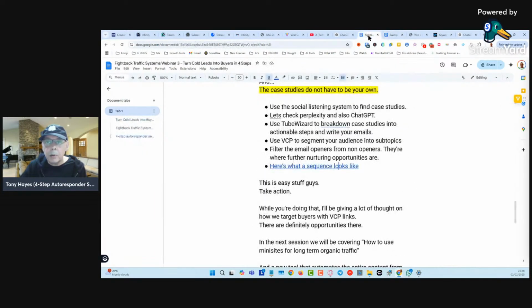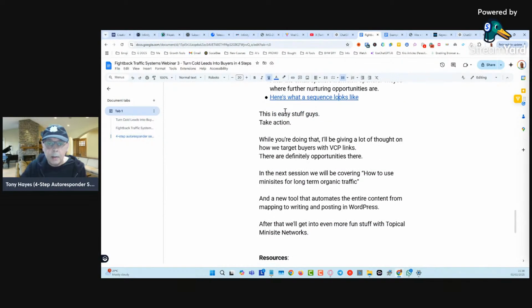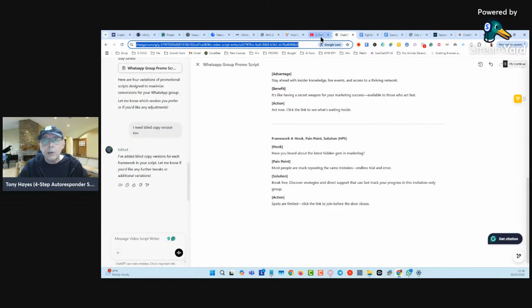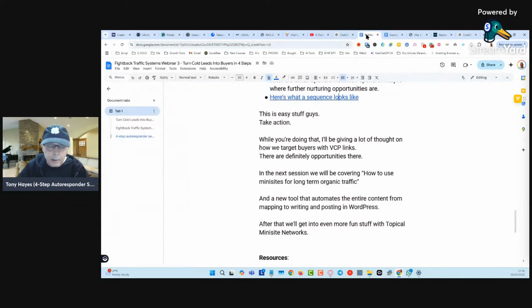Okay, all that was done with the custom GPT that I built for you. This is really, really easy stuff, as long as you take the action to do it. Once you've got it set up, it's there forever. And the cool thing with those custom GPTs is that when you build them, you can tell the custom instruction generator to add in a call to action, so that every time the custom GPT answers a prompt, every time there's an output, it can have your call to action.